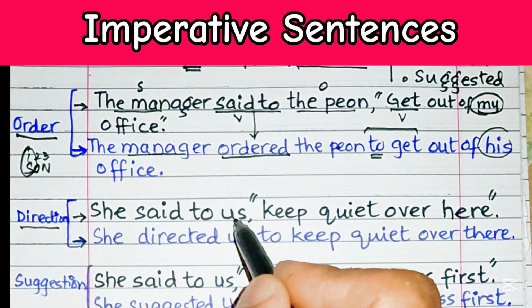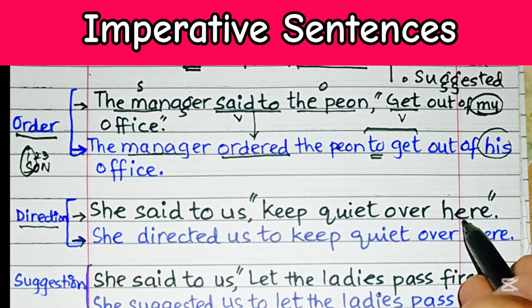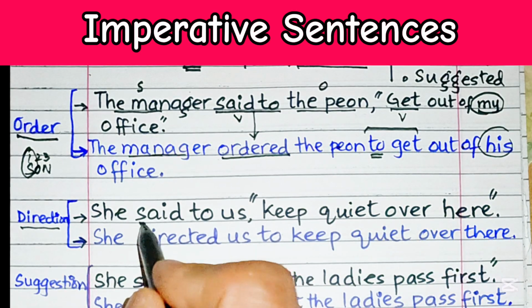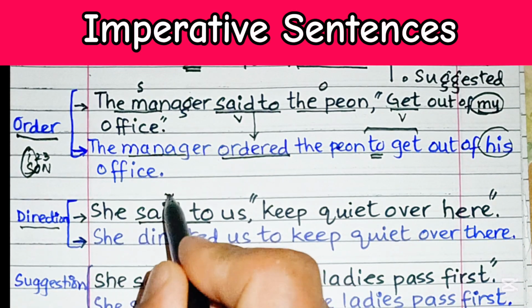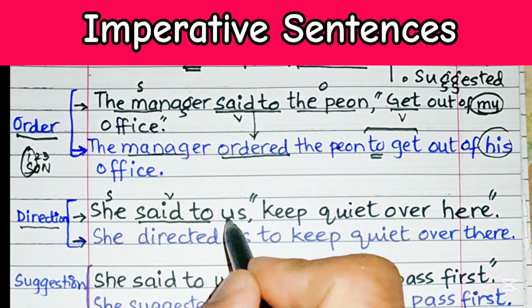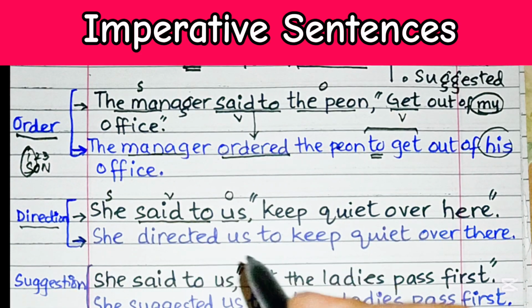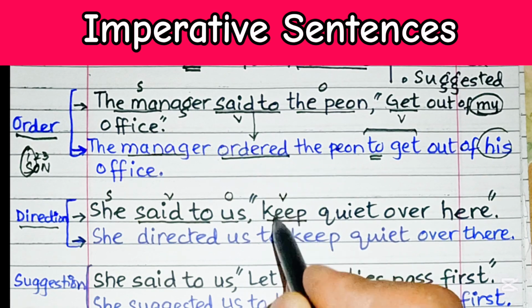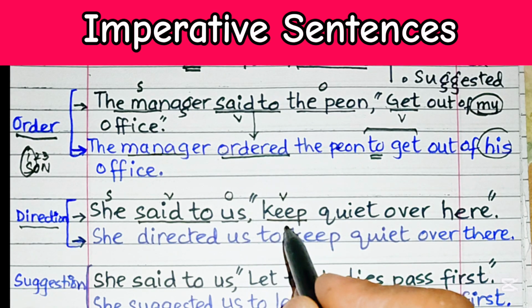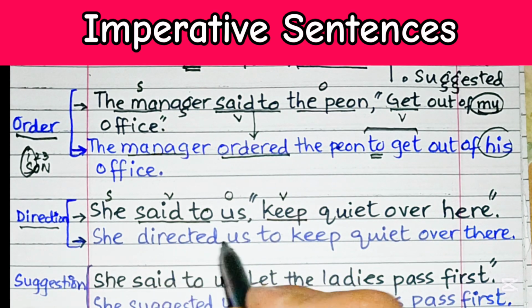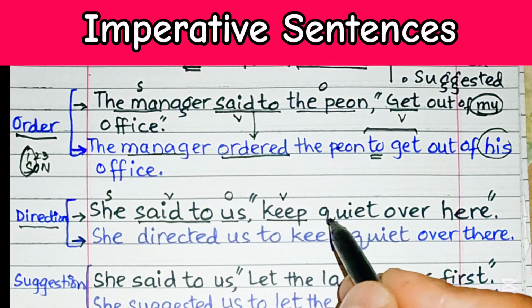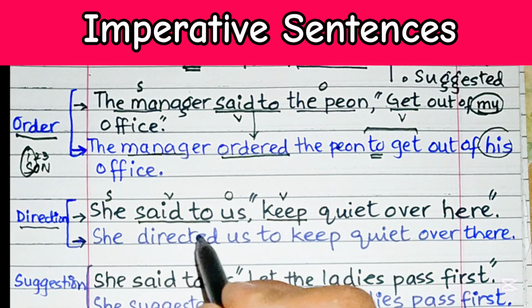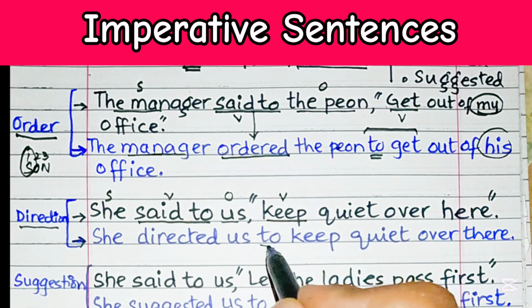She said to us, "Keep quiet over here." So "said to" is the verb over here, this is the subject, and "us" is the object. So this reported speech starts with the verb "keep." This is the verb that makes it an imperative sentence. She directed us. So there is some sort of direction. She directed us. Then we write this "to"